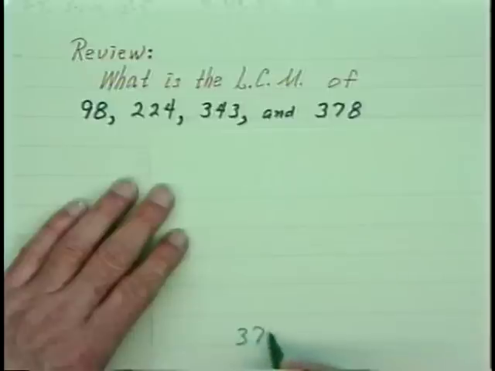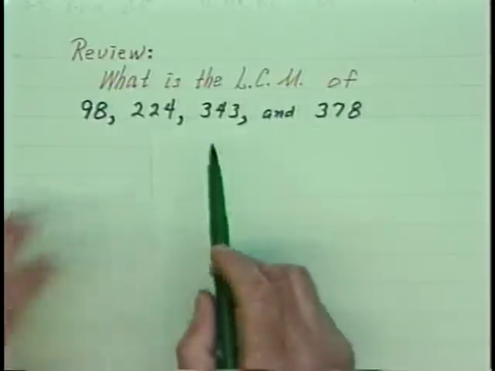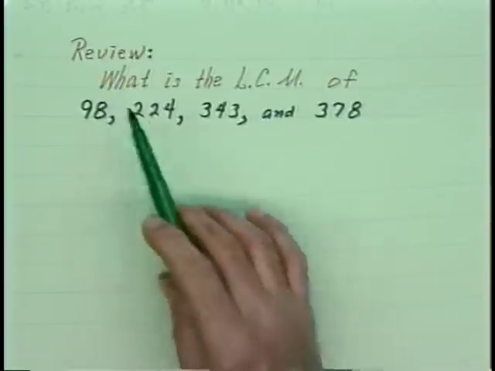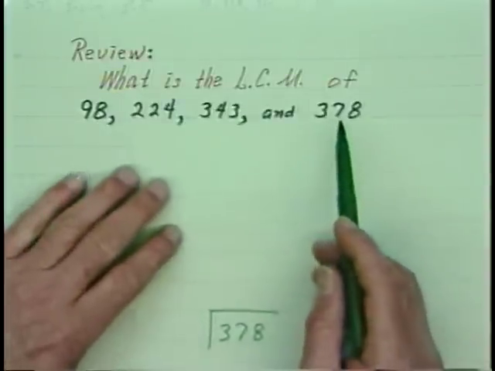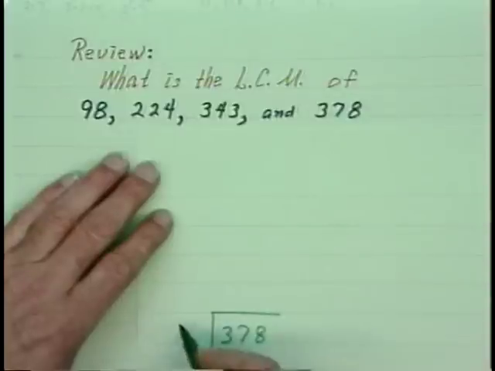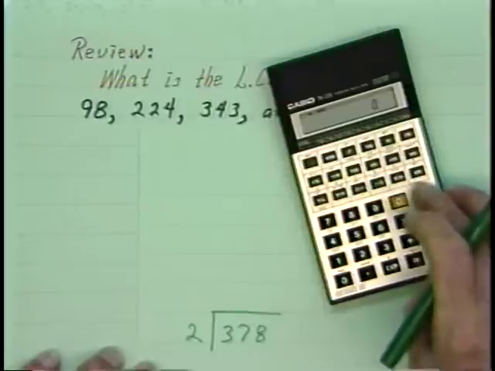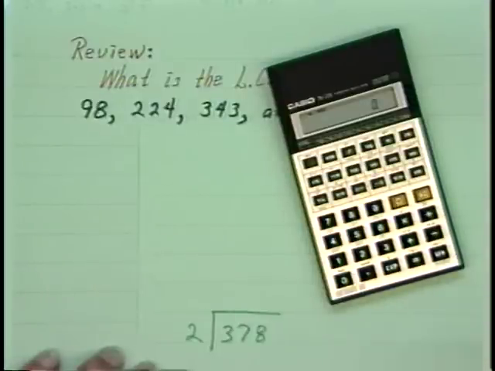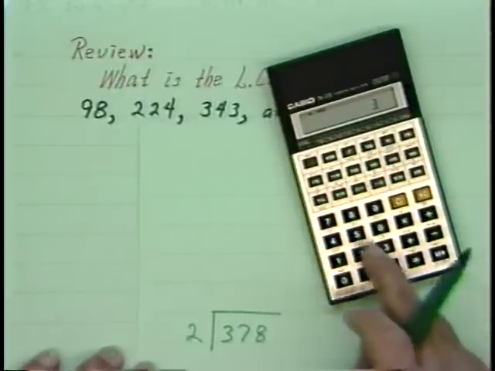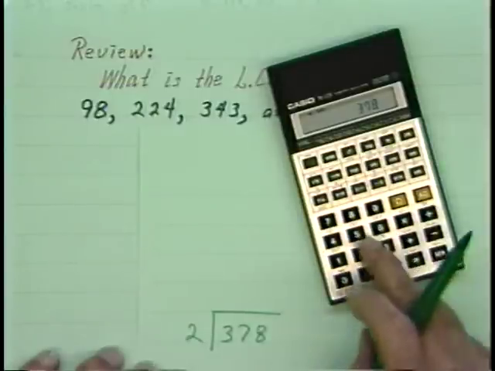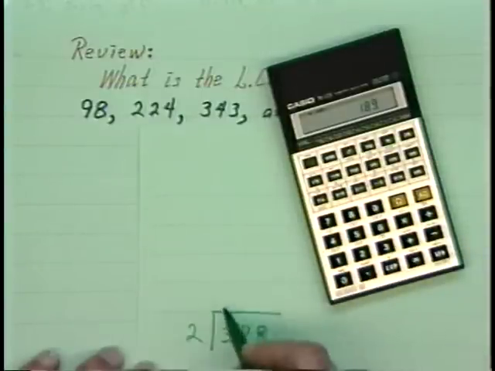Then, to save us time on the videotape here, I will just give you the results of the other three. So to prime factor a number, we find the lowest prime number, which in this case is 2, that will divide this. And in this case, let's use a calculator, speed ourselves up. 378 divided by 2 was